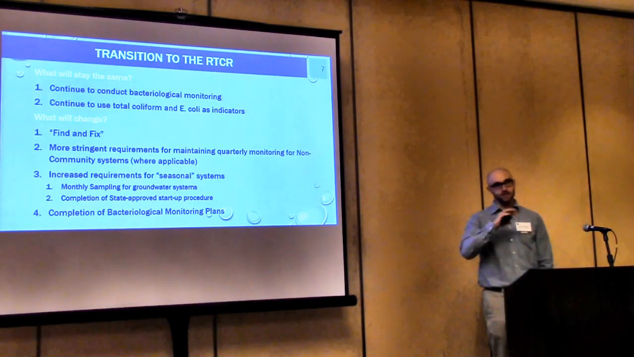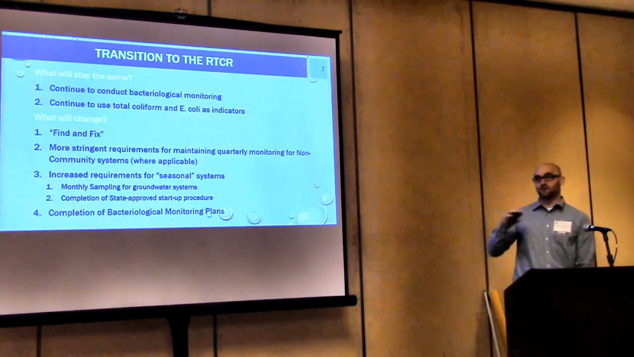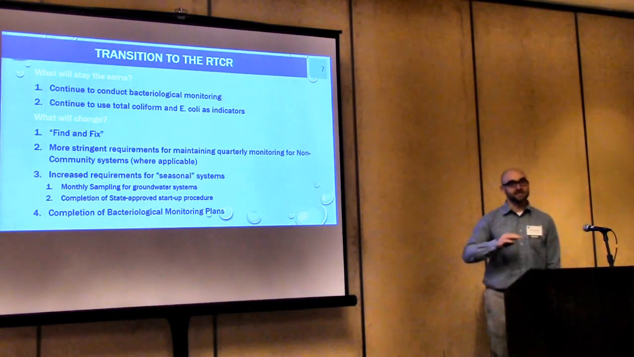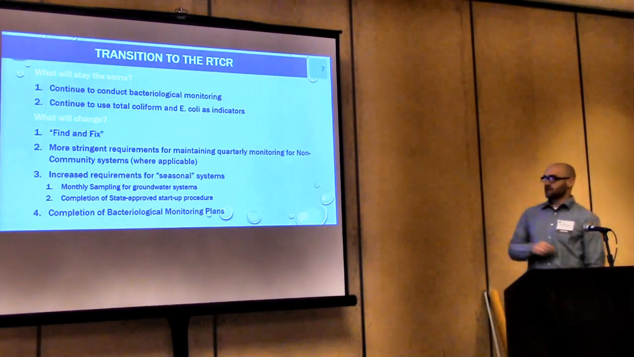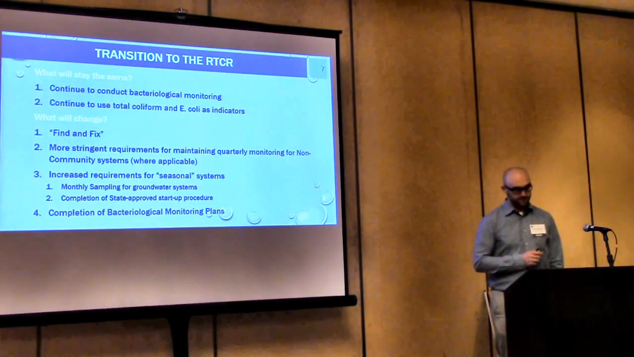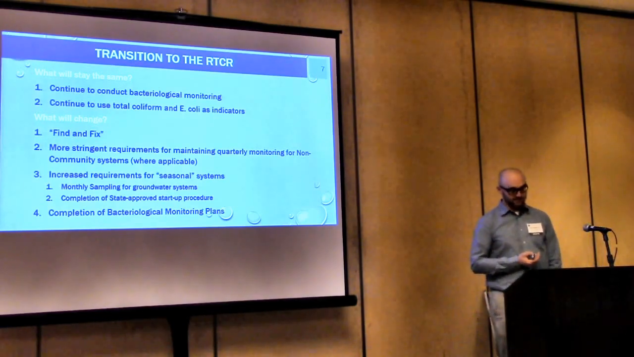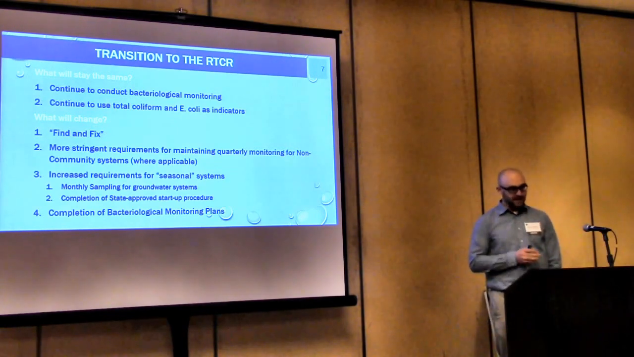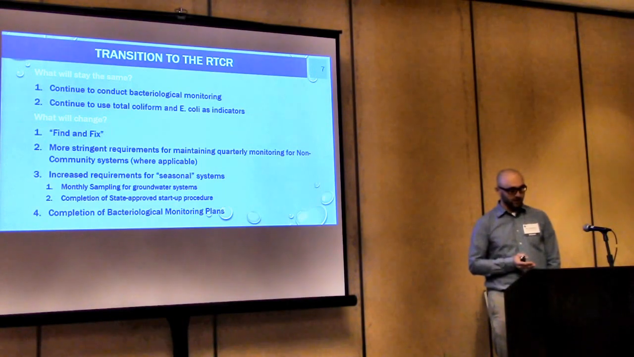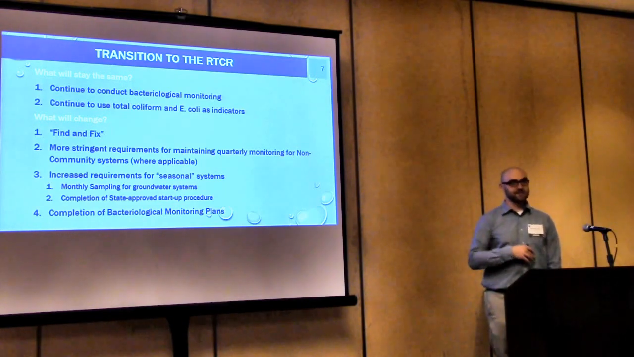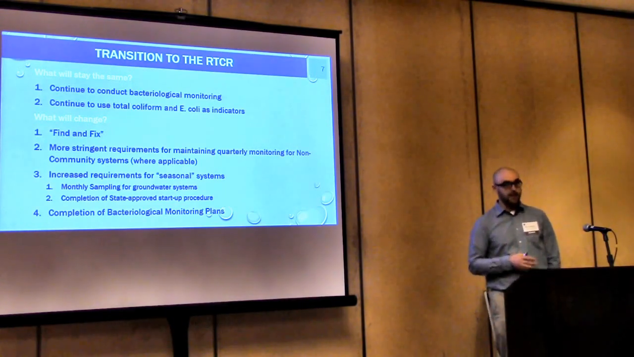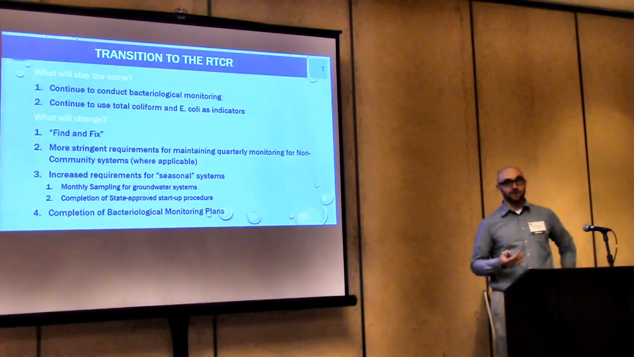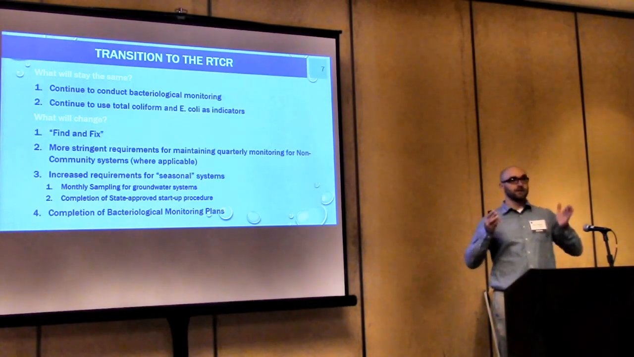Some of the monitoring schedules will be changing. And for those that are able to stay on quarterly monitoring, we've ratcheted up the requirements to stay on quarterly monitoring. There's increased requirements for seasonal systems. So a seasonal system is defined as a TNC, a transient non-community water system, that does not serve a public population year-round, but the system doesn't necessarily depressurize in its off-season. Basically, if you run a TNC that doesn't serve a public population for a calendar quarter,